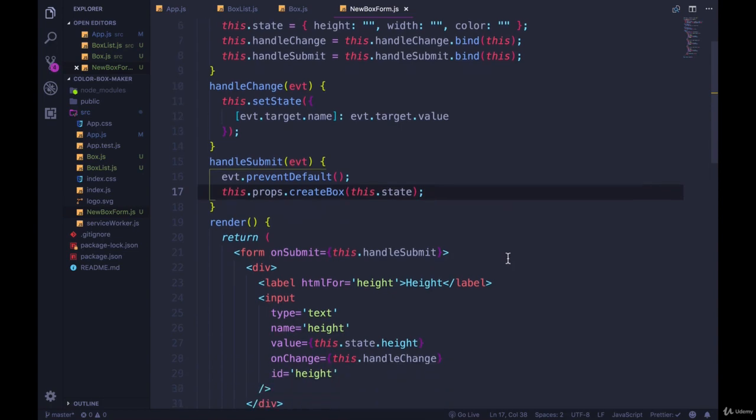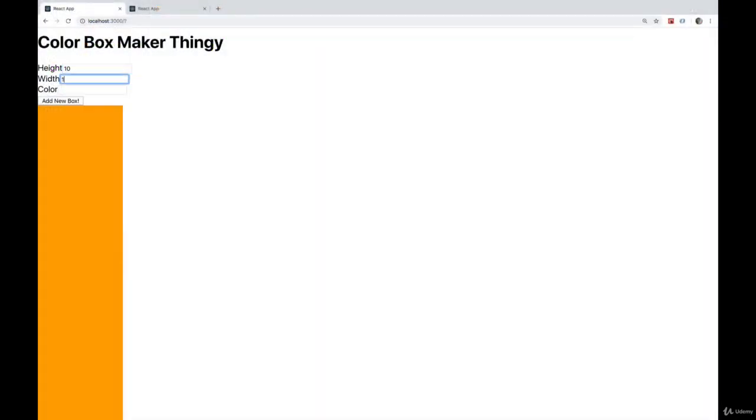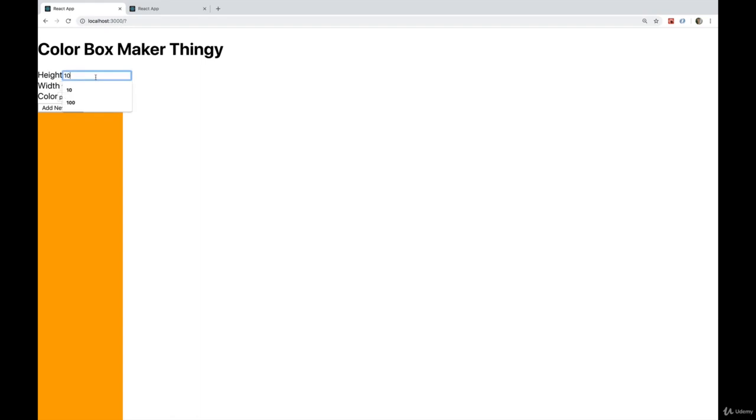Now is the moment of truth. We'll see if we have any issues. Let's make a new box that is pink, add it in, there it is. So the button still doesn't work, but we're successfully creating new ones, although we're not clearing the input, so that's